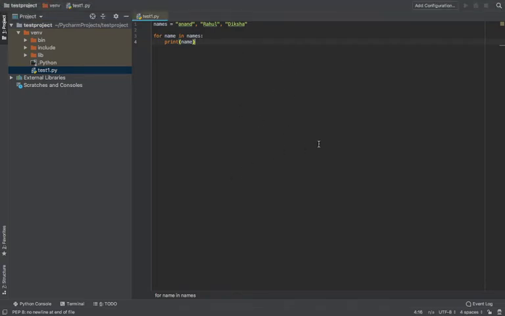Okay, so how to solve this? This is not taking your add configuration.